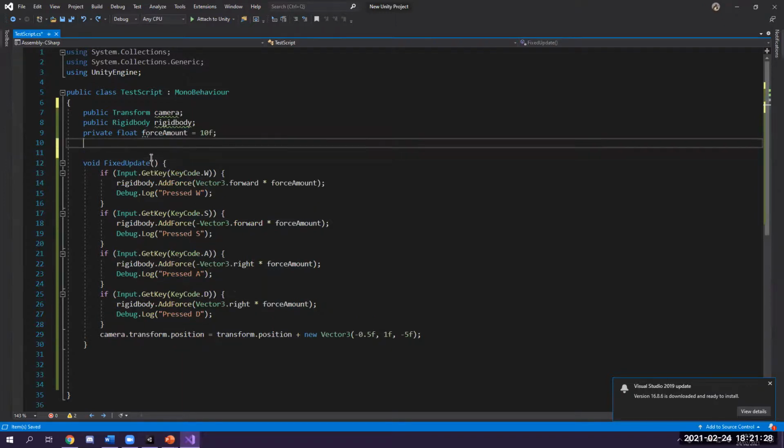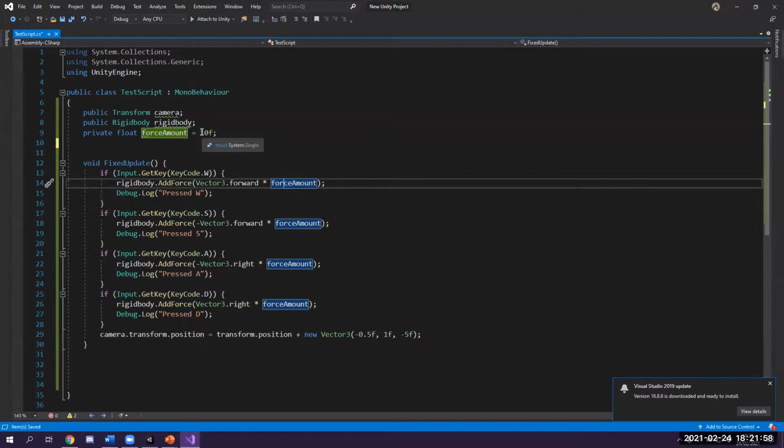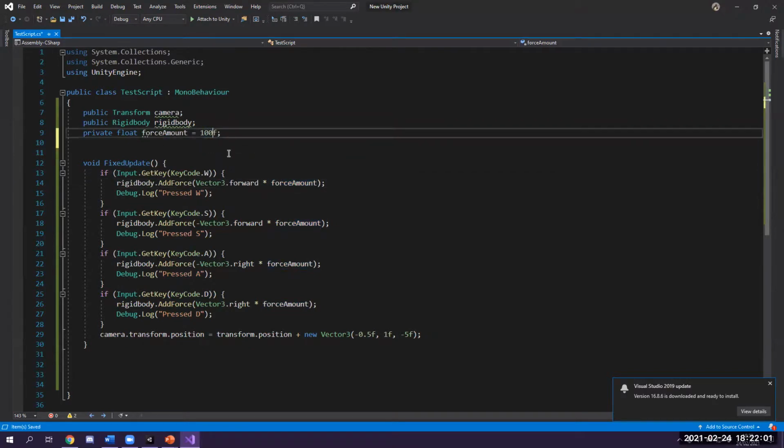You can also do the same for, if I want a private string, I can call it test string, this is a test string, like so. And variables can be called from the code at any point, which makes it really useful. So instead of writing how much force you want on each direction of pressing W, A, S, and D, instead of writing 10 on all of them, if you just want to change all of them at once, you can just do it here. So say if you want to change that to 100,